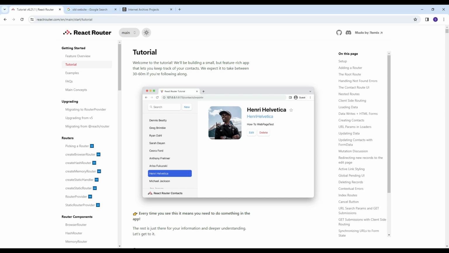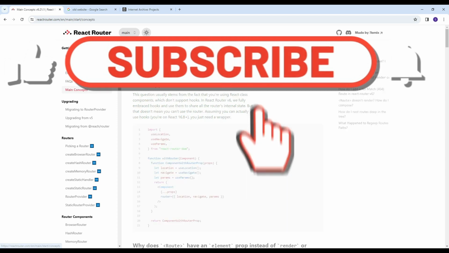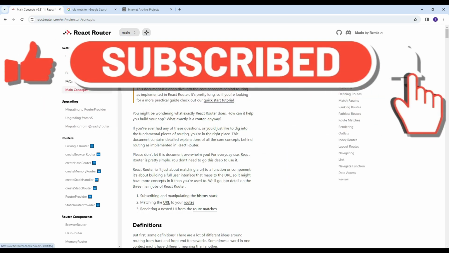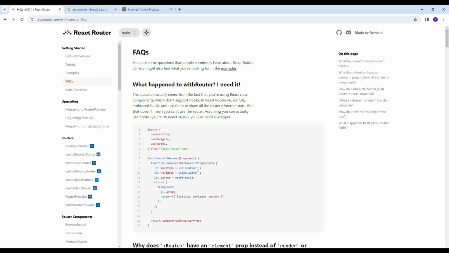In client side rendering, the complete website is considered a single page application. When we click on any menu or link, the respective page is displayed. Let's say when I click on this menu, it displays the related component. It's not refreshing or reloading the complete website. It's only a matter of displaying the content related to that link.